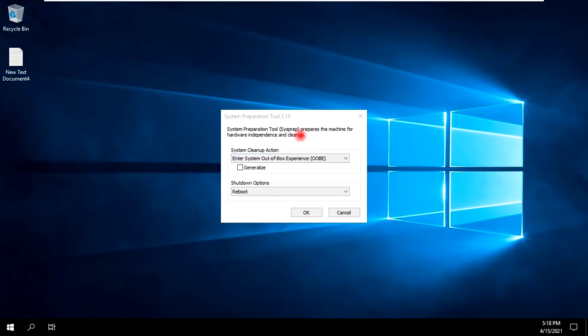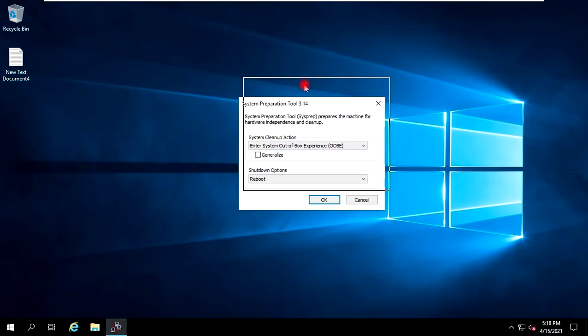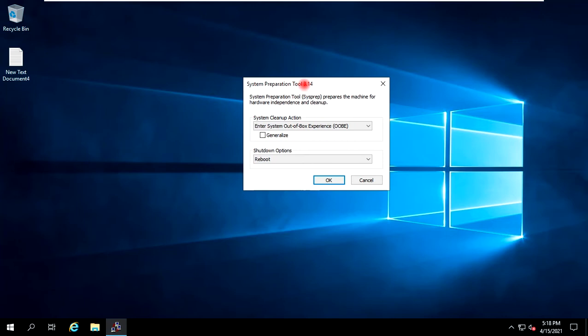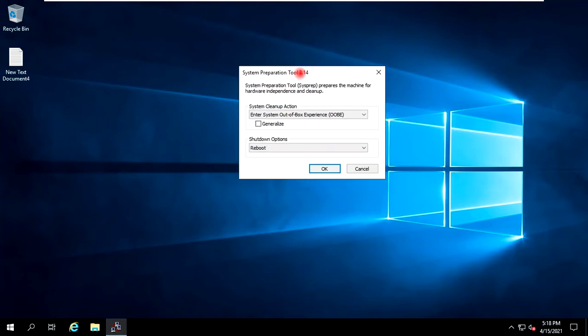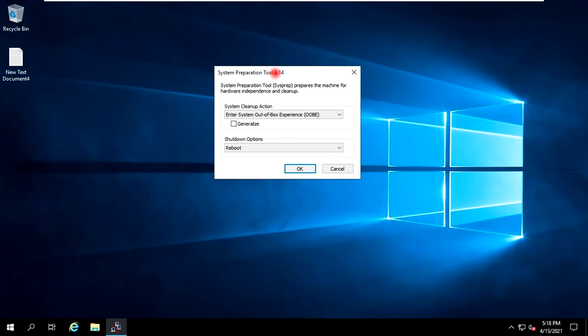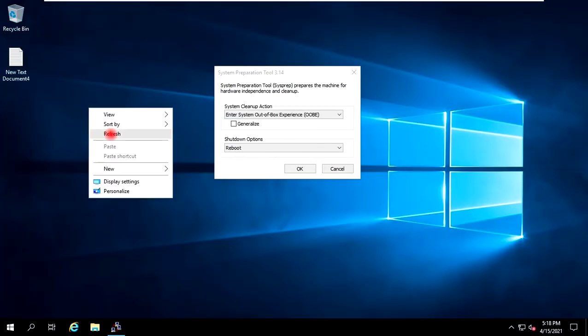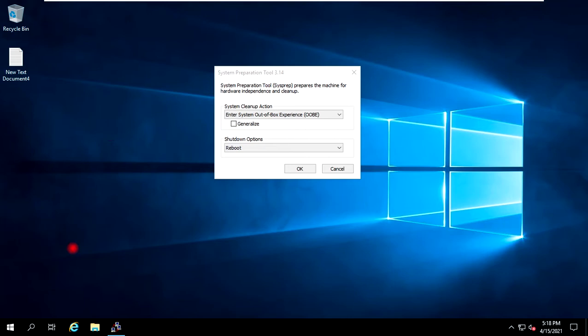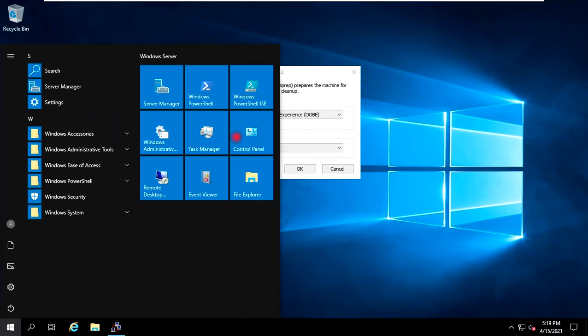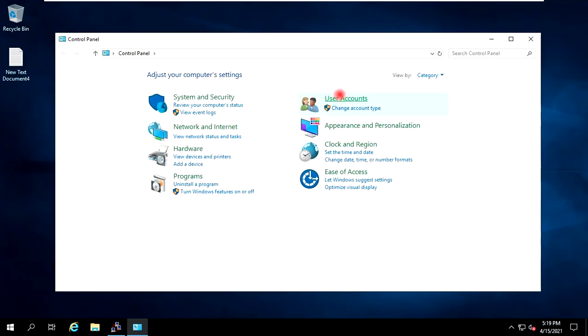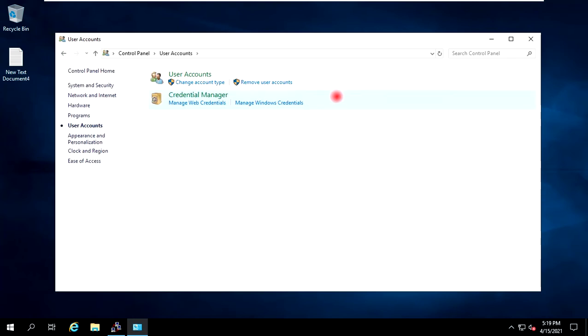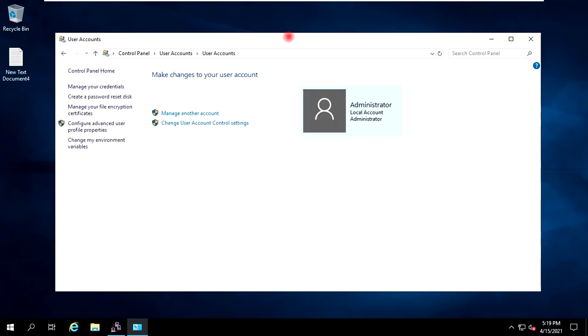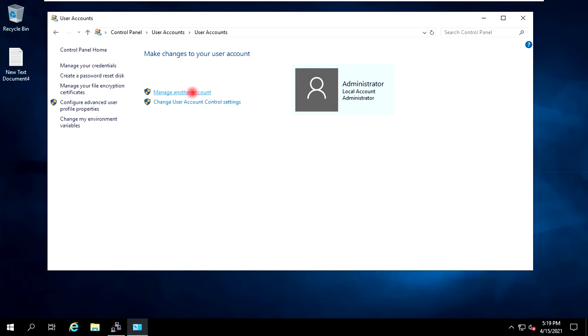At this stage, we have to first delete all user accounts except the local administrator account, and after that we will run the disk cleanup. To delete all other user accounts, you can go to start, control panel, user account, manage another account.